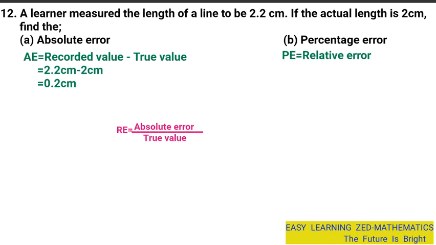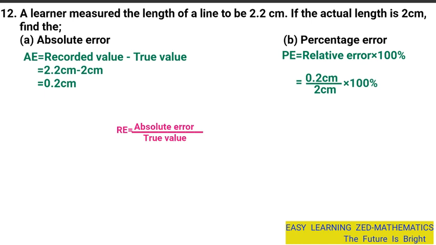So we're going to say PE is equal to relative error multiplied by 100%. Once we have done that, the next thing we're going to do is replace the values of relative error. So to find relative error, we're going to write the absolute error over the true value. The absolute error we found was 0.2 centimeter, over the true value, which is 2 centimeter, multiplied by